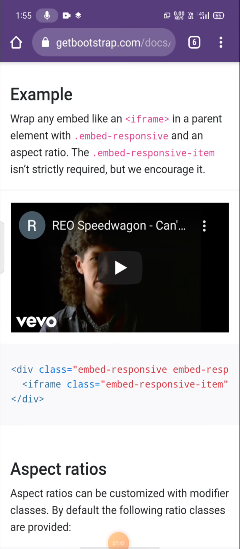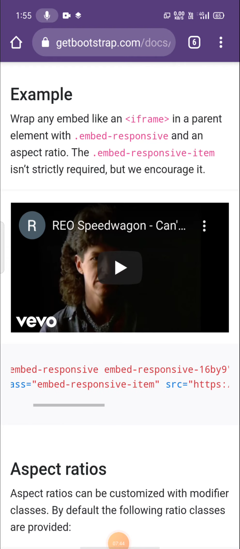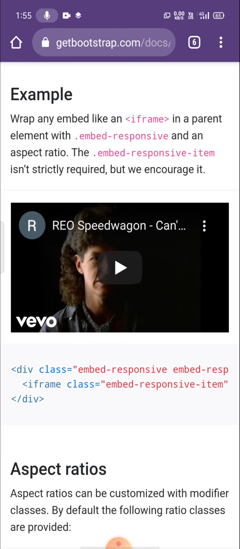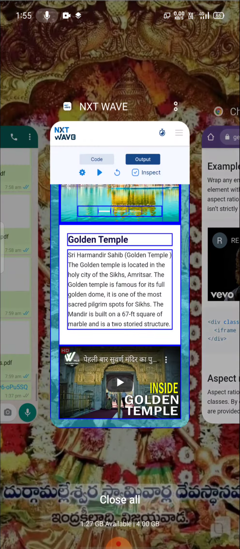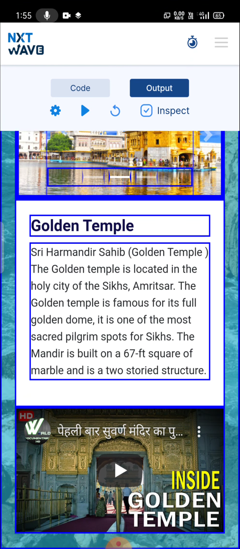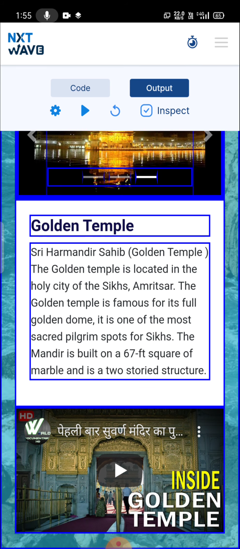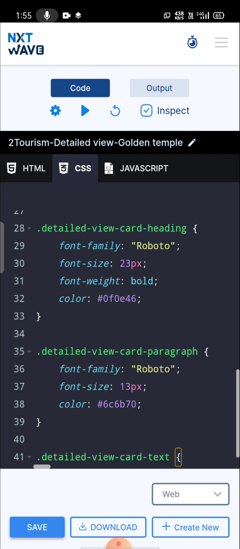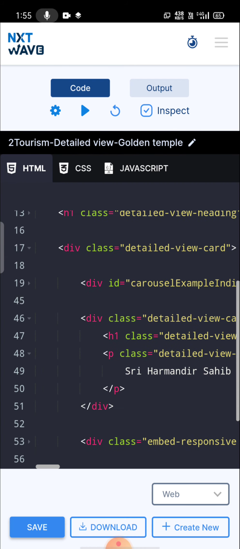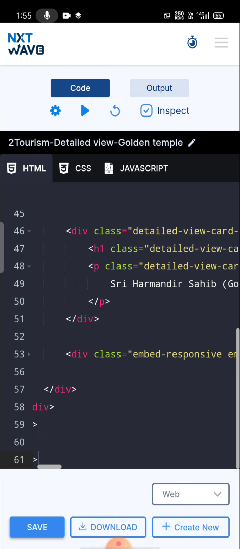But this code will give you this YouTube video, but we want another video. Here you can clearly observe that I used a video about the golden temple. For this you need to copy the URL of the YouTube video from YouTube, and you can paste it in the src of the video.